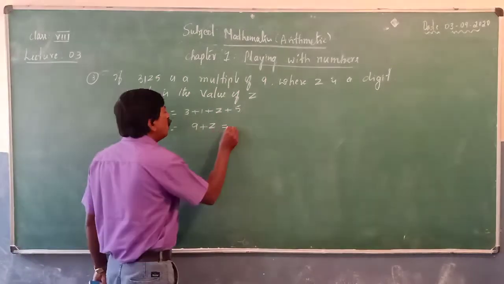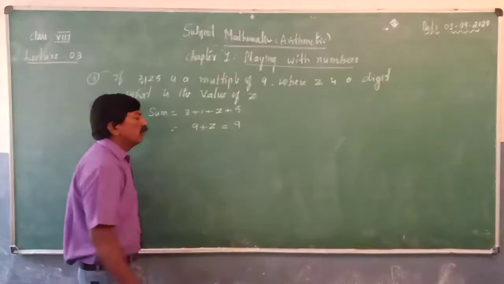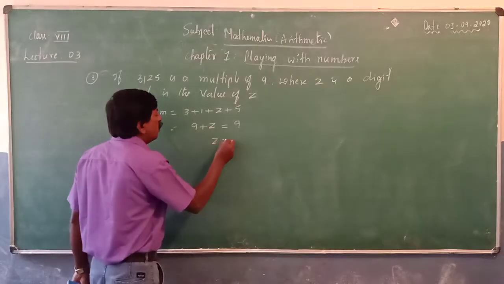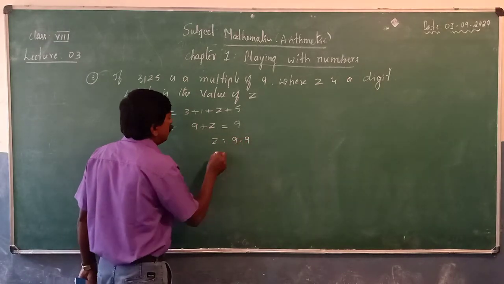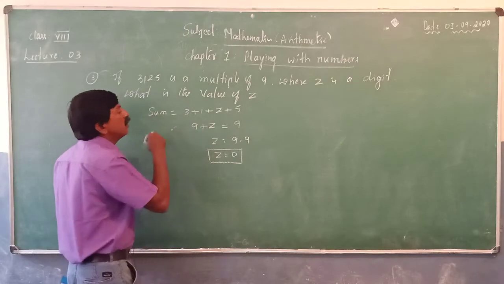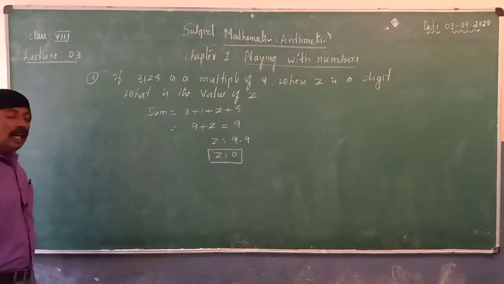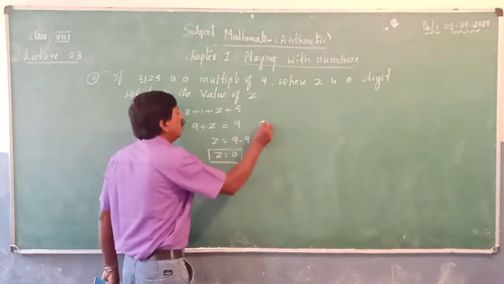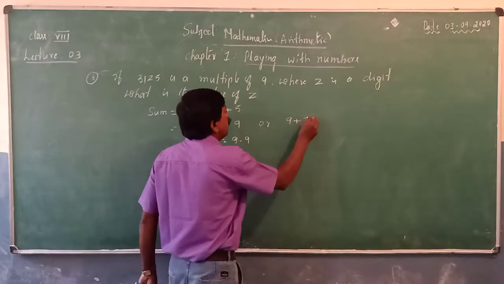Suppose 9 plus Z is equal to 9. So Z is equal to 9 minus 9, so Z is equal to 0. We got one value, Z value 0. Other than this, is there any other possibility? So 9 plus Z